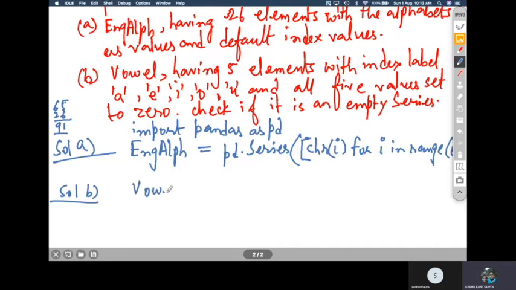We have to write vowel, the series variable name, is equal to pd dot Series, and here all the values are set to 0.